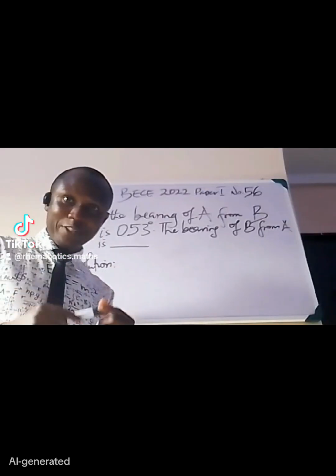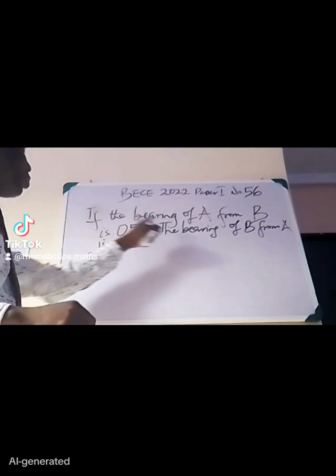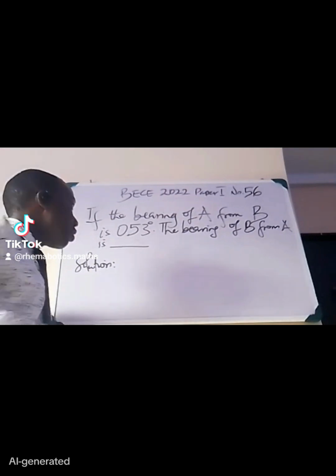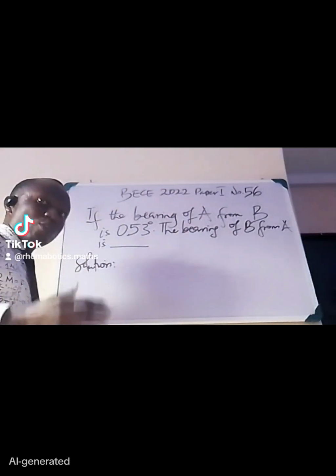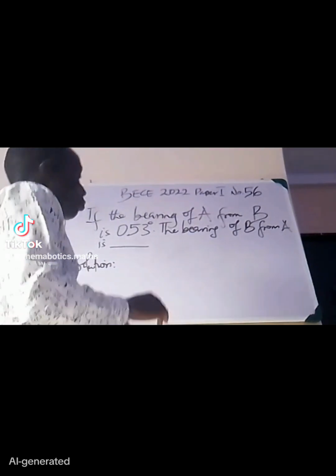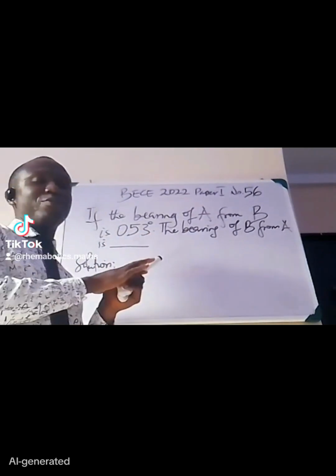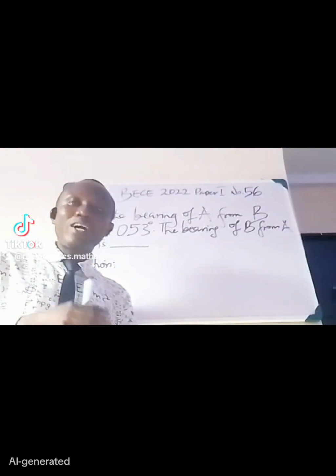The past question before us is a BSc 2022 past question, paper 1, number 56. If the bearing of A from B is 053 degrees, that's 053 degrees, the bearing of B from A is dash, that's what? Okay, so first of all, bearing talks about direction, and positions of different objects, using our cardinal